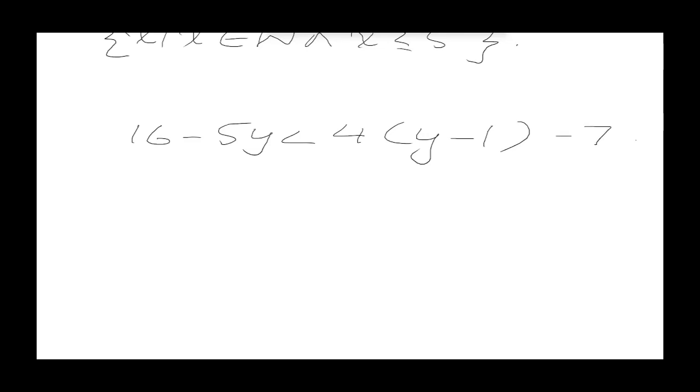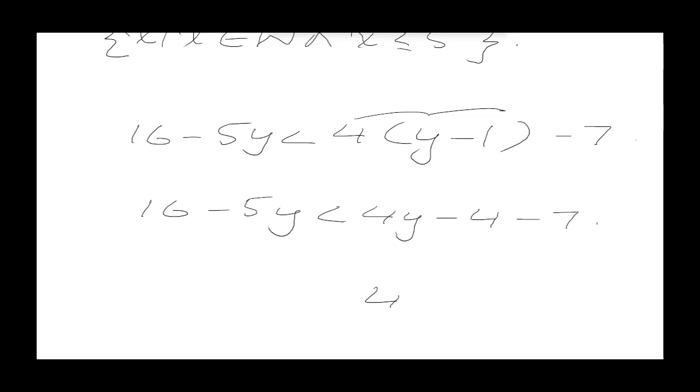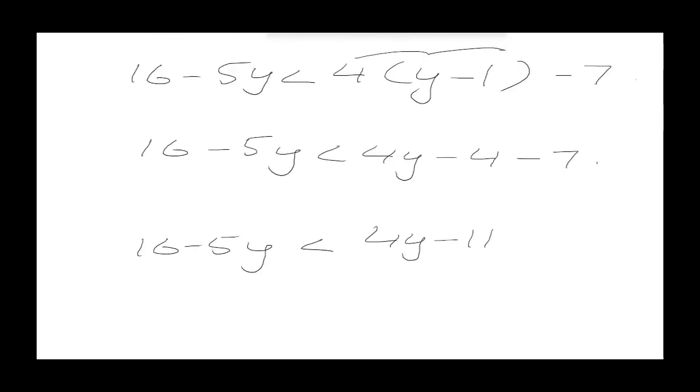minus 7. So first we will just write 16 minus 5y, it will remain the same, but 4 will be multiplied with the first term of y and the second term of 1. So we can write 4y minus 4 and that is subtracted from 7. So minus 4 subtracted from 7 results in negative 11. So we can write 4y minus 11 right here and then we can write 16 minus 5y here. So 16 minus 5y is less than 4y minus 11. So we will just write